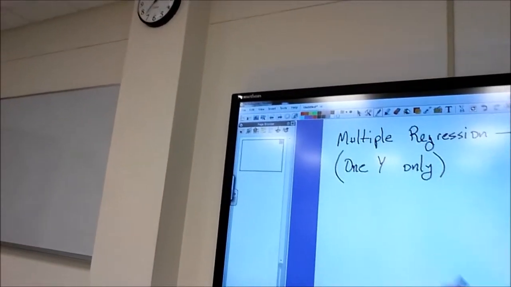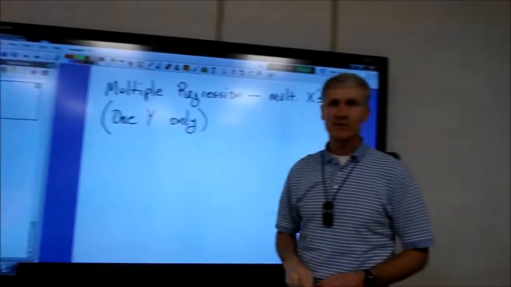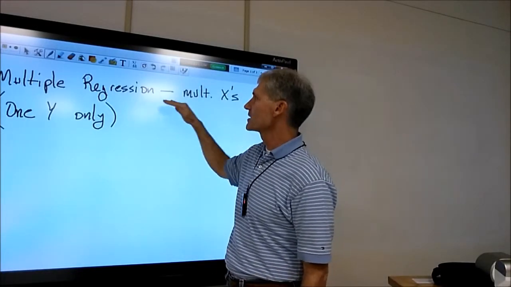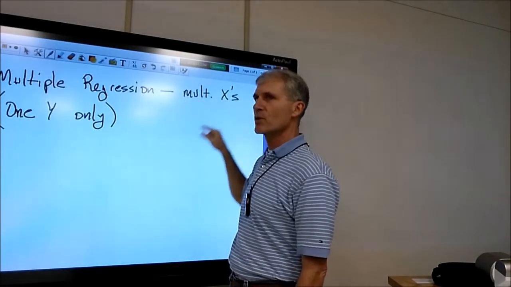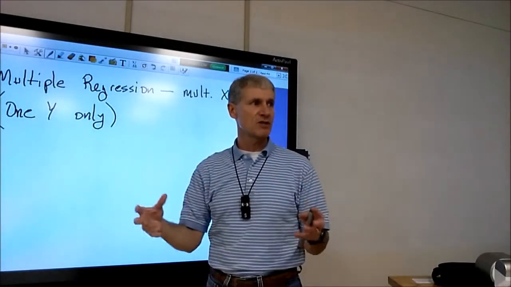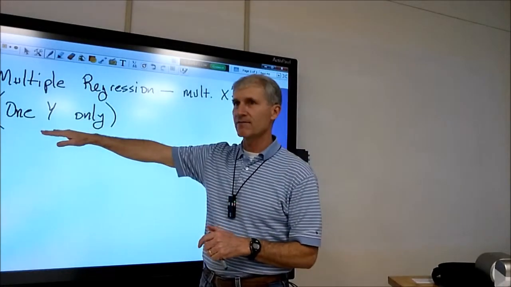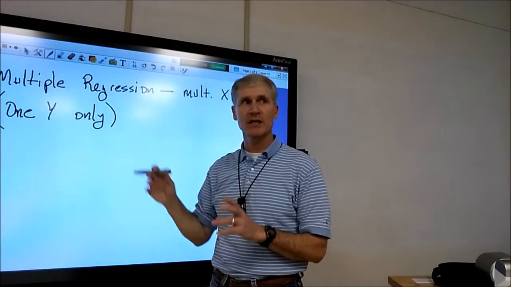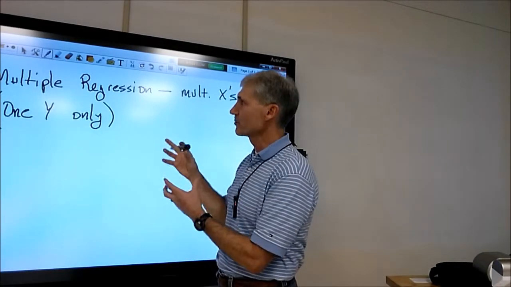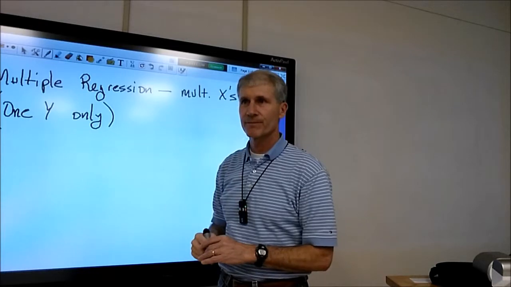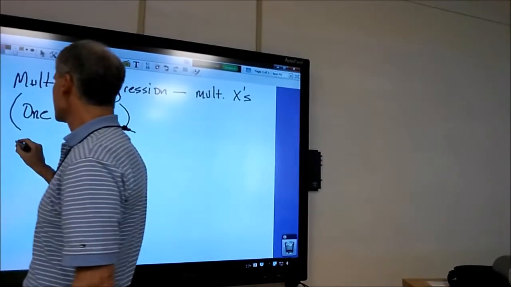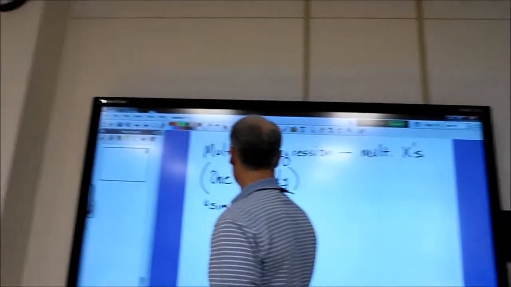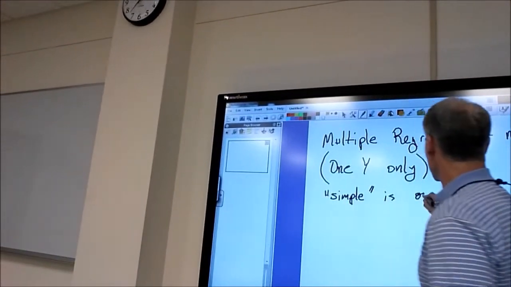So remember, y is the dependent variable, so it's the response variable. So it makes sense to think that you could have more than one thing that you measure that could explain variability in the y variable. So multiple regression is the study of how those different variables interplay with one another. Right? So a simple regression is 1 x,